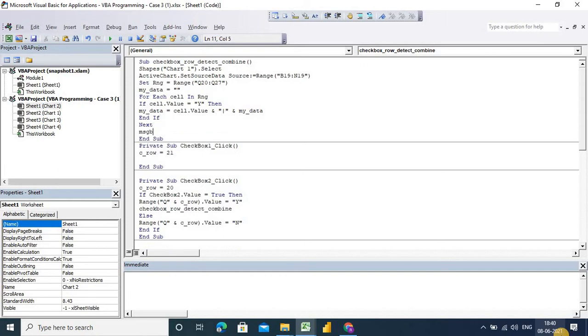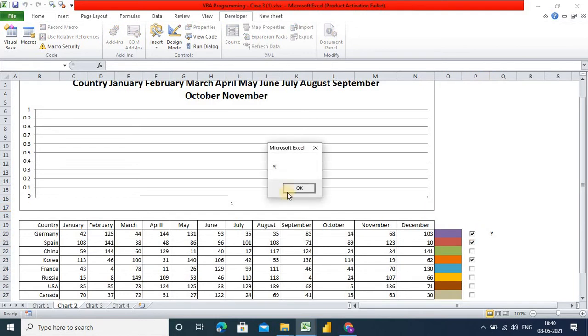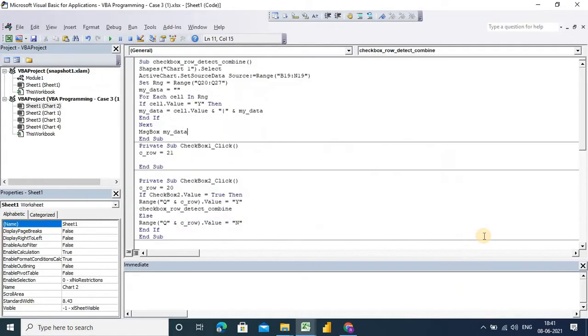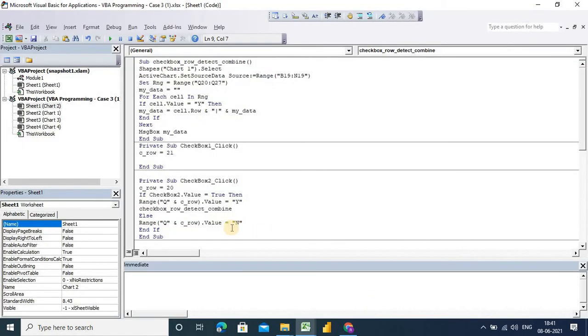Now I am showing you the message box here, how it looks. Suppose I click here, so Y, yes, okay, but now we don't need the Y because we are changing the data rows inside this table, so we need to add the row number here. So how can we capture this? Just here we will write cell dot row. So now again run this, right? This part is done.